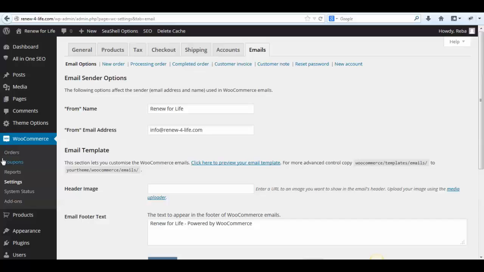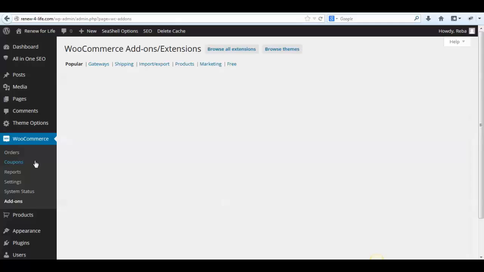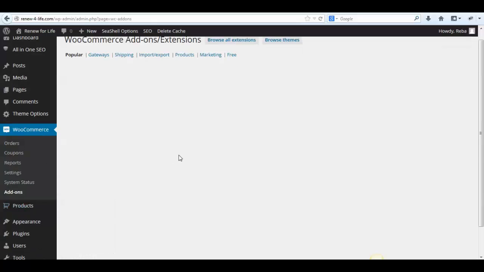So that's pretty self-explanatory. The other two sections here are system status and add-ons. We don't have to worry too much about those. So we're going to go down to the next section of WooCommerce, which is actually the product section here. I'm going to click on that,